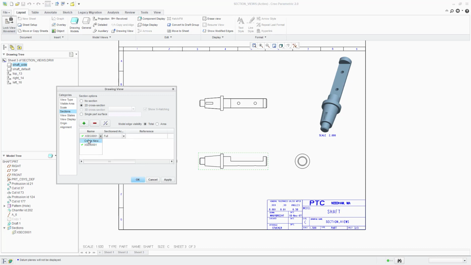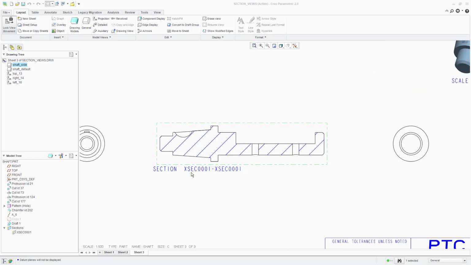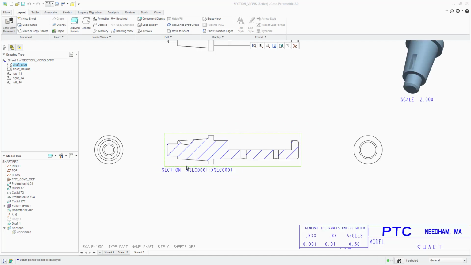So click the plus arrow, and it shows you any sections that are stored within the part file. That's the one that we created. So if we select that and then just click on OK, you can see that it annotates this view. It refers to it as a section. That's the first thing it does, and then it gives the name of the section, and the agreed way of naming a section is to